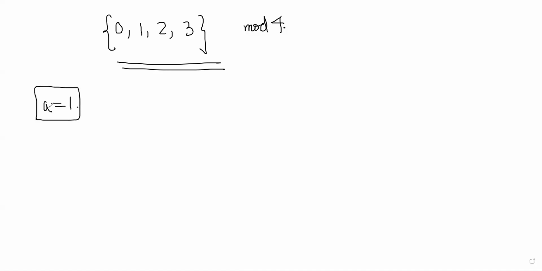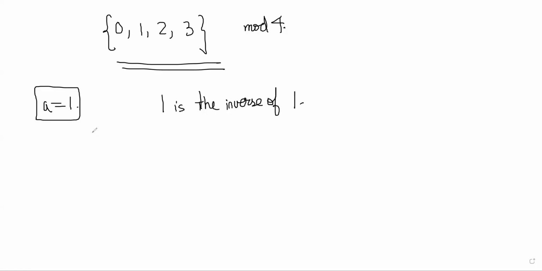The inverse of it is itself, I think, right? Because 1 into 2 gives 2 mod 4. 1 into 3 gives 3 mod 4. 1 into 0 gives 0 mod 4. So 1 is the inverse of 1 here,